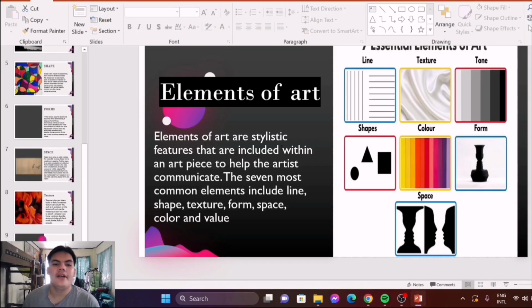Elements of art are the stylistic features that are included within an art piece to help the artist to communicate. So with these 7 elements, it can help the artist show what he feels. So when it comes to making art, there are 7 elements of art, which are line, shape, texture, form, space, color, and value. So first, we're going to